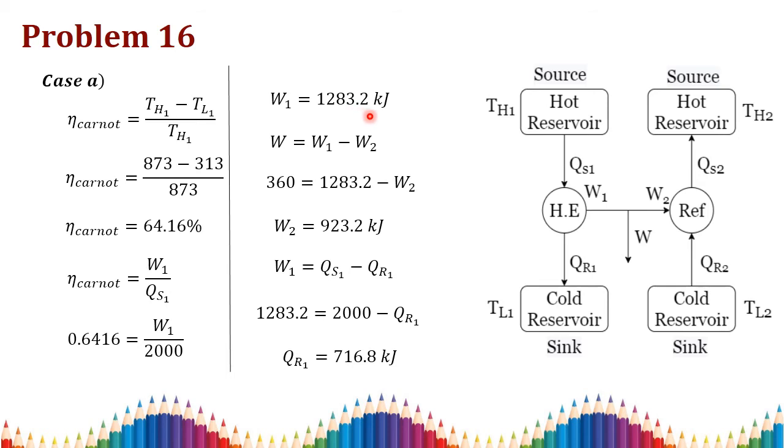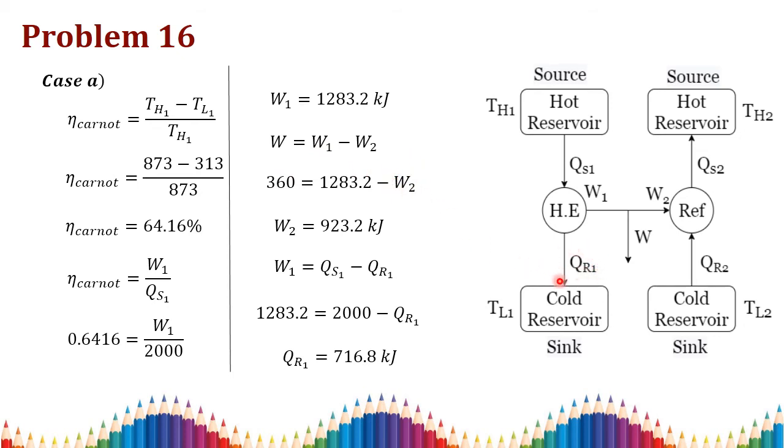As we know, in this problem the condition is the total work done which is given out. This is your total work done from the heat engine, where some amount of work is given to the refrigerator and some amount of work is given to the outside for any purpose. So this equation can also be written as W1 is equal to W plus W2. In this way also you can understand. Then we can rearrange the equation and write W is equal to W1 minus W2. So W is equal to 360 kilojoule, which is given. W1 we know, so with this we can find W2.